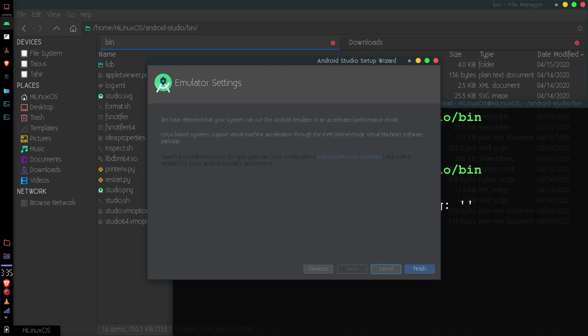Now you can see this message. We have detected that your system can run the Android emulator in an accelerated performance mode. Linux-based systems support virtual machine acceleration through KVM or kernel mode virtual machine software package. And here you can see search for install instructions for your particular Linux configuration, Android KVM Linux installation. That KVM is enabled for faster Android emulator performance.